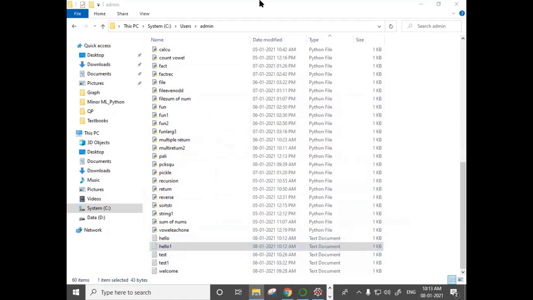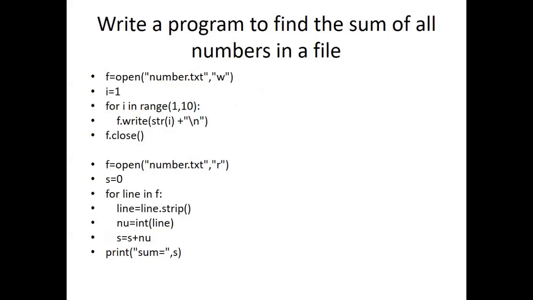Okay, now another program: write a program to find the sum of all numbers in a file. So here you're opening your file number.txt in write mode, then you're writing values 1 to 10 into this file. For i in range of 1 to 10, what you're doing is f.write(str(i) + "\n").